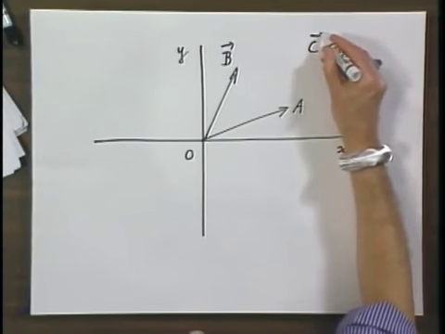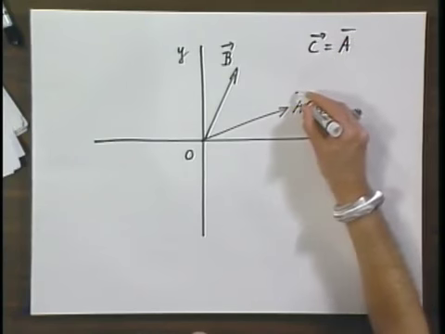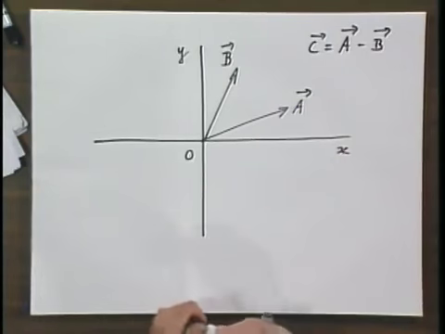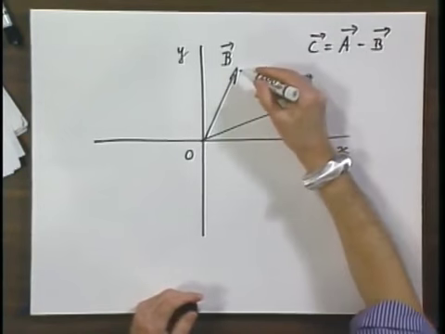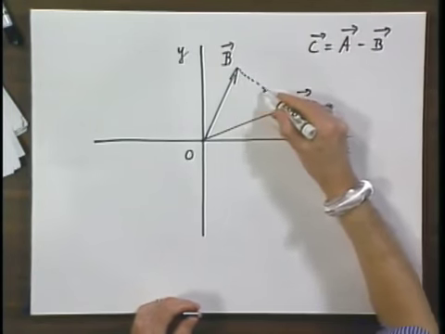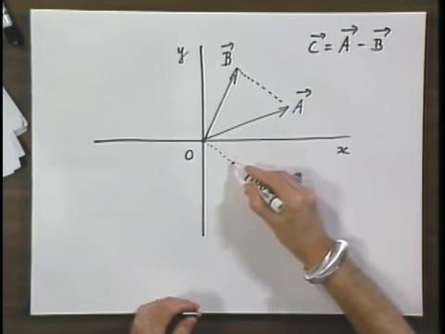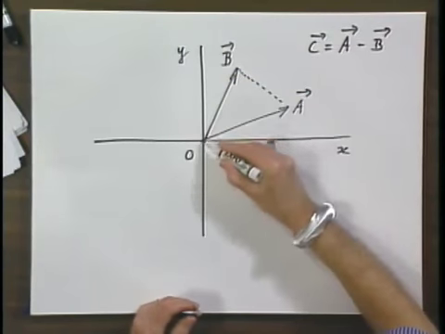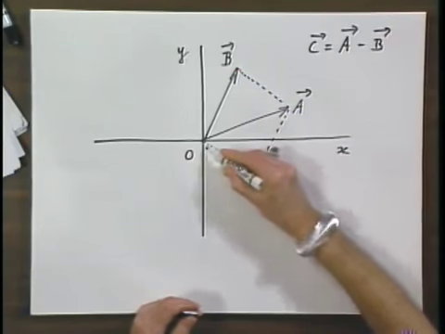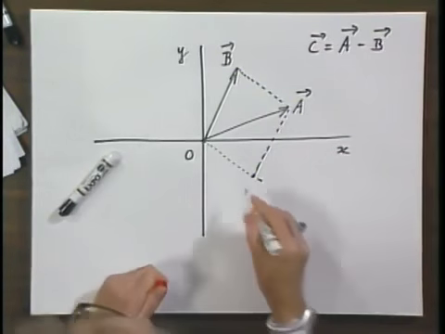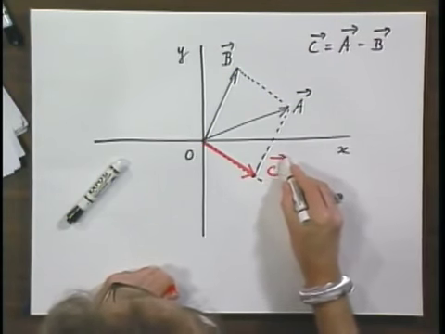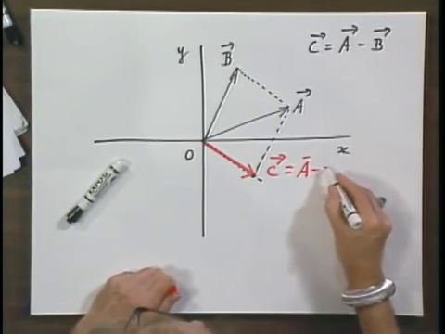And we want to know what the vector C is, which is A minus B. Now I can construct a parallelogram by drawing this line from B to A, draw a parallel line through the tail of B, draw a parallel line through the tip of A, parallel to B, and where these two intersect, this is now my vector C,